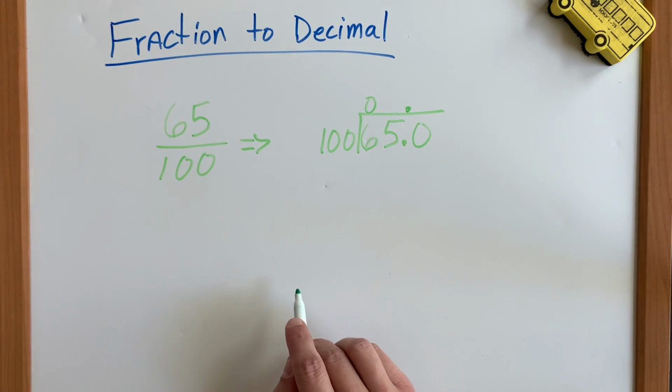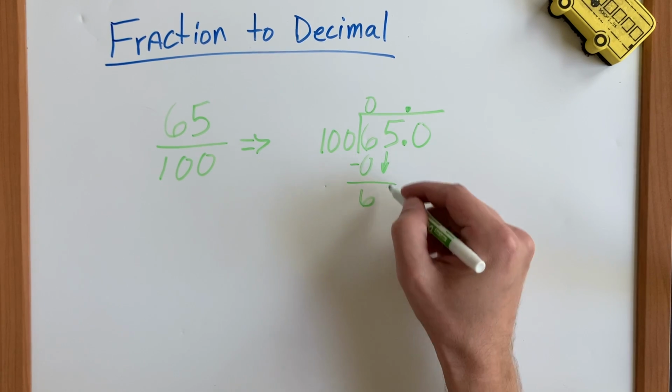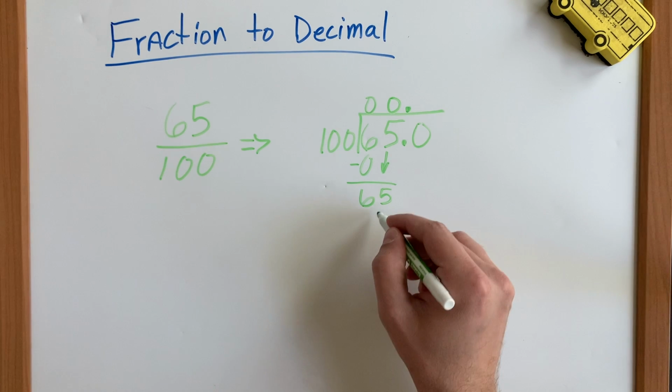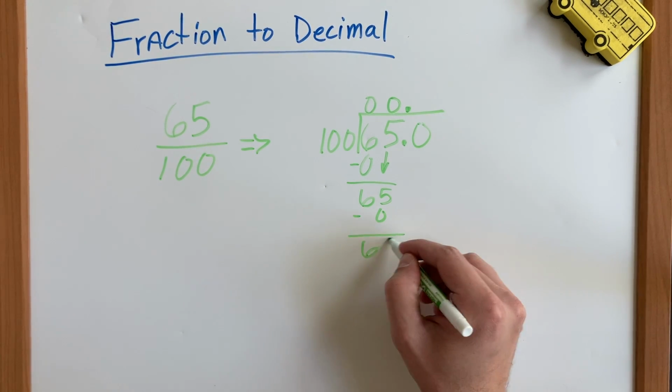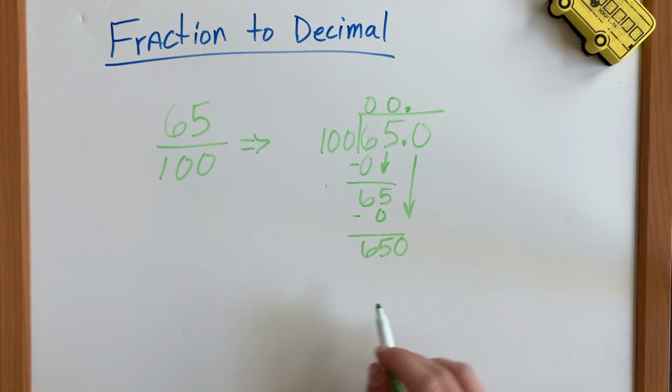So let's do the math. 100 times 0 is 0. We're going to subtract and get 6 and bring down the 5. 100 does not fit into 65. 100 times 0 is 0. We do our subtraction. Now we're going to bring down this next 0, and we get